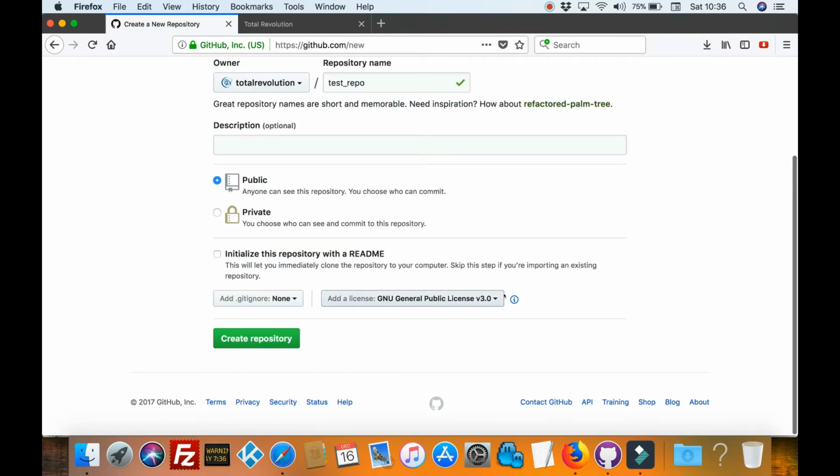That's what a lot of Kodi developers use. It's very open. It means people can fork your work and do what they want with it, basically, as long as they stick by basic ethics. Okay, so we're going to create that repository now,